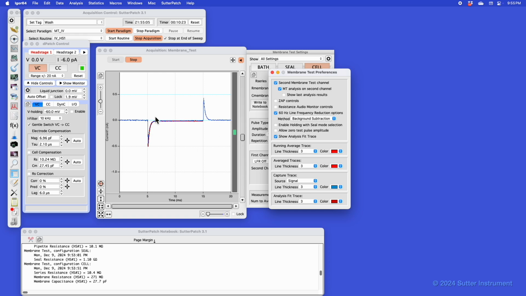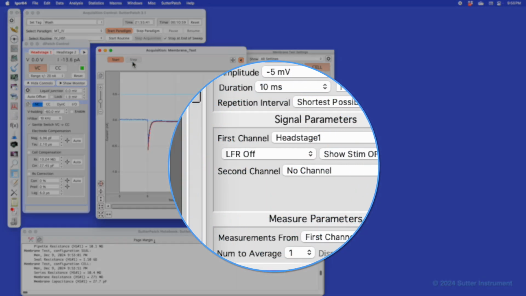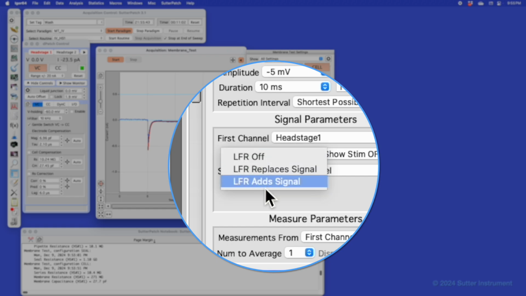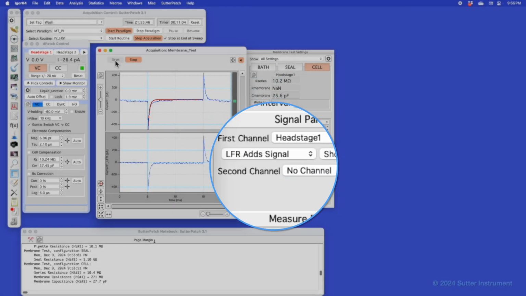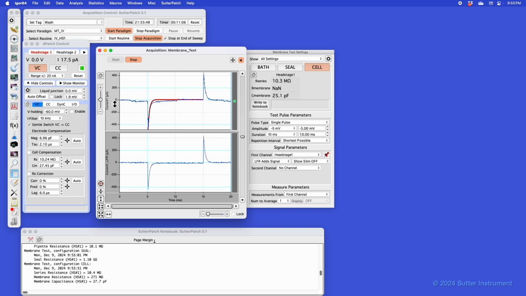Now, if you can see here, there's actually some line frequency noise, and I'll make that even worse. I have an extension cord here that I'll just put right over the model cell to make it even worse. And you could see how the background subtraction works. So we'll do that. We'll add the signal, and we'll start that. And then you can see here the difference between the raw data, the actual signal that we're acquiring, and then the corrected with the background subtraction. It actually does a pretty good job. The background subtraction actually works better than the FFT subtraction for sweeps that are very short.